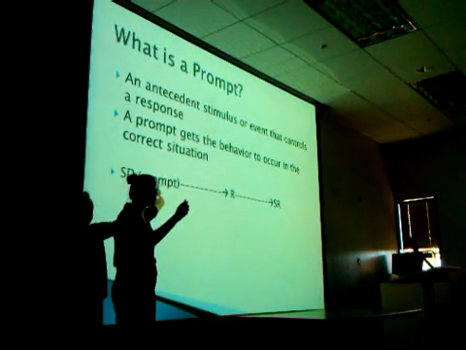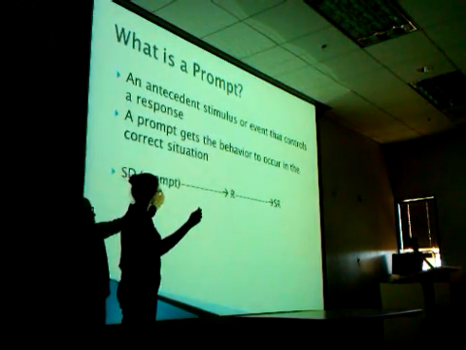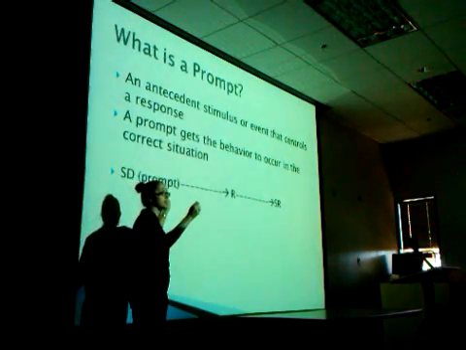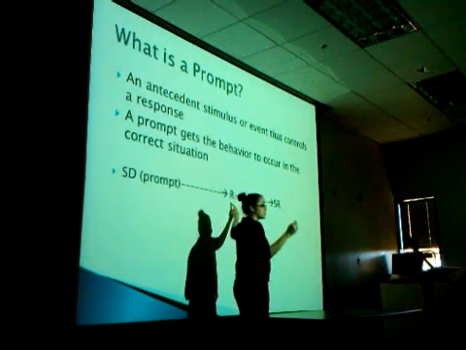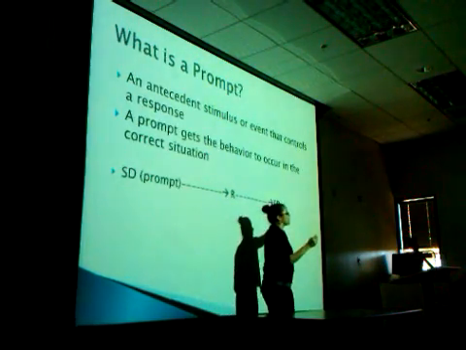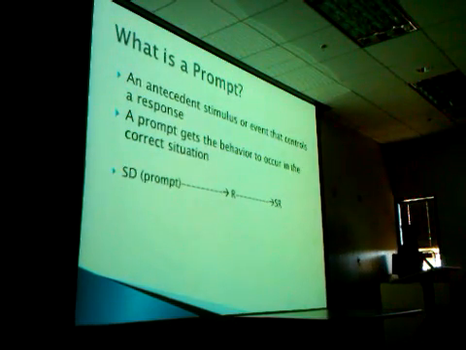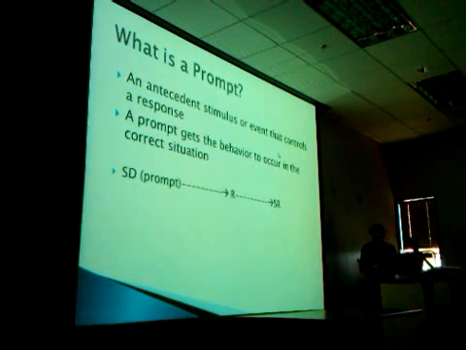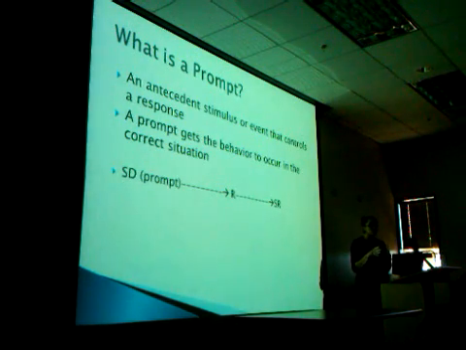Now there are different types of prompts that you can use, which we'll talk about in the next slide. So you would present your SD, which is the flashcard, prompt immediately, still part of the antecedent, then the behavior occurs, which is the response, then your consequence, which is your reinforcement at the end. Okay? So prompting gets the behavior to occur in the correct situation because we don't want the learner to error,